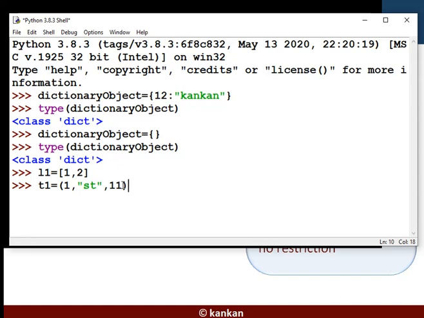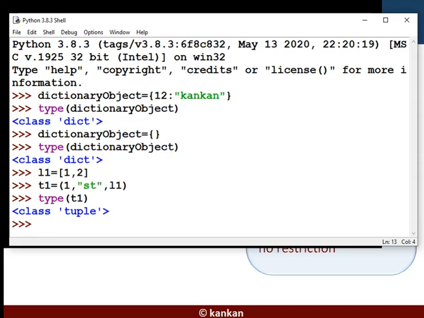Here, list L1 has been used as an item of the tuple T1. In this case, it cannot be used as a key. It is rare. We cannot encourage using this type of key in a dictionary.